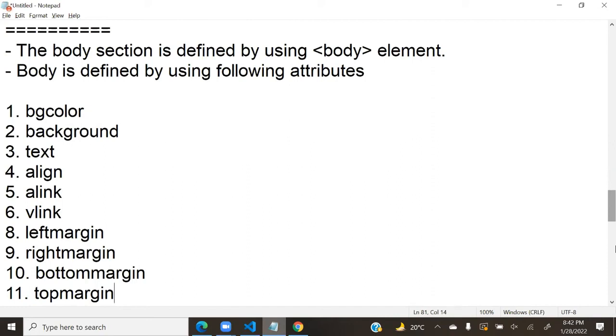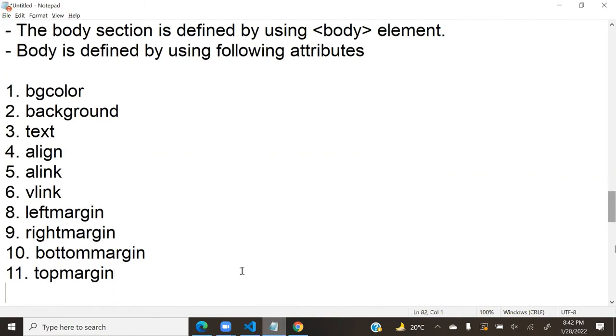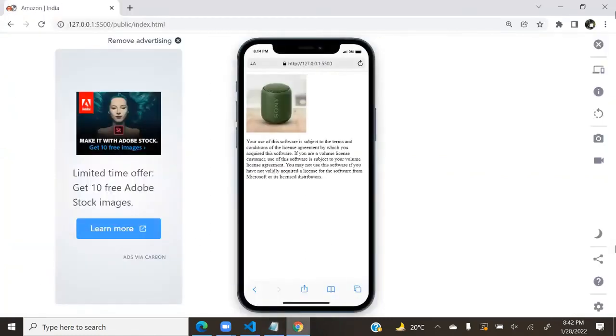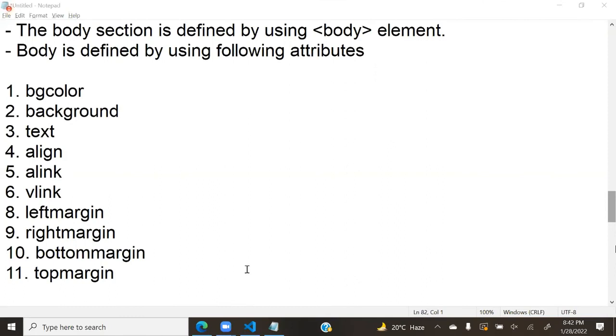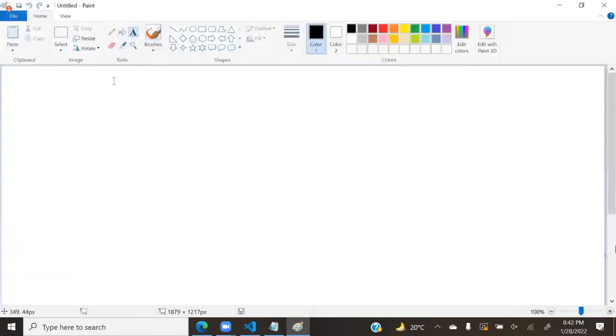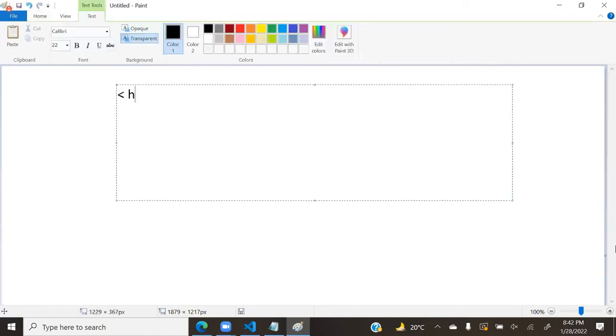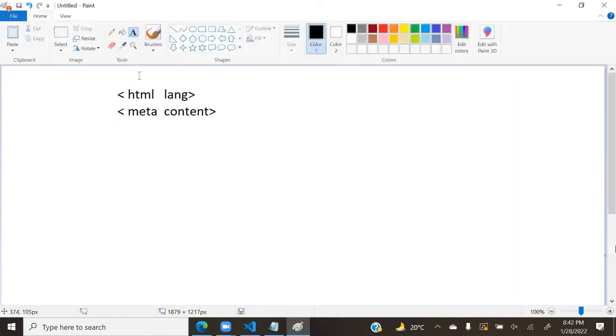One important point I have to tell you, so let me show you clearly. Many times people have a confusion. Suppose I write here HTML, in that I write lang. So I write some meta. In meta we have used so many things, like content, like name. Now here people are a little bit confused.